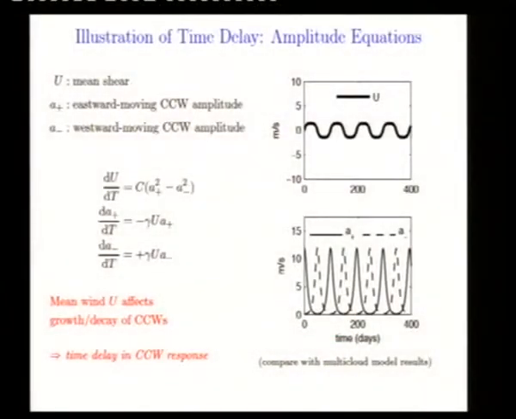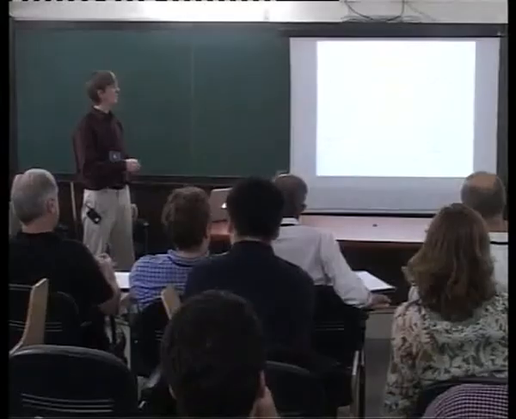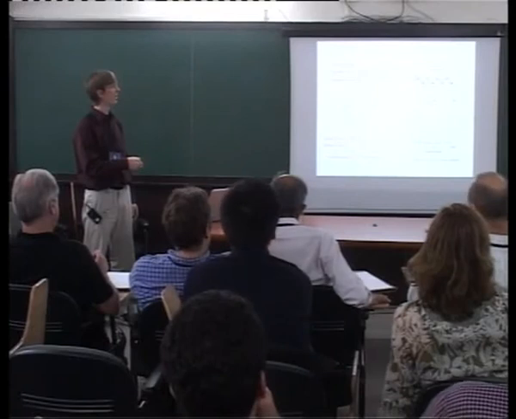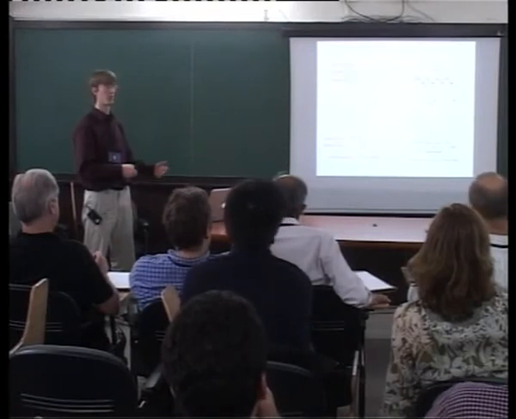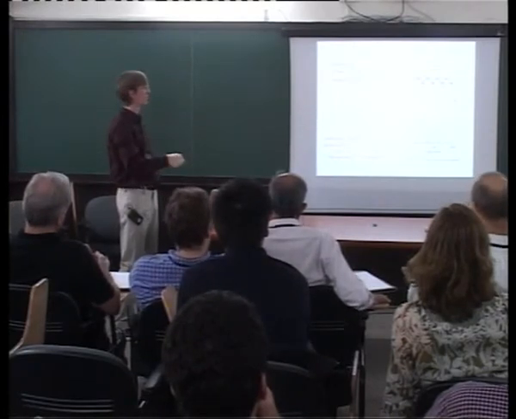So we're just going to have ODEs for three variables: a mean shear variable, big U, an amplitude of eastward moving waves, like convectively coupled Kelvin waves, and an amplitude of the westward moving convectively coupled waves. This is a simple model that has the features of what was going on earlier. So the mean shear feels momentum transport from the waves in different ways, as we saw before. The eastward and westward propagating waves have opposite momentum transport effects, so that's why one has a positive sign and